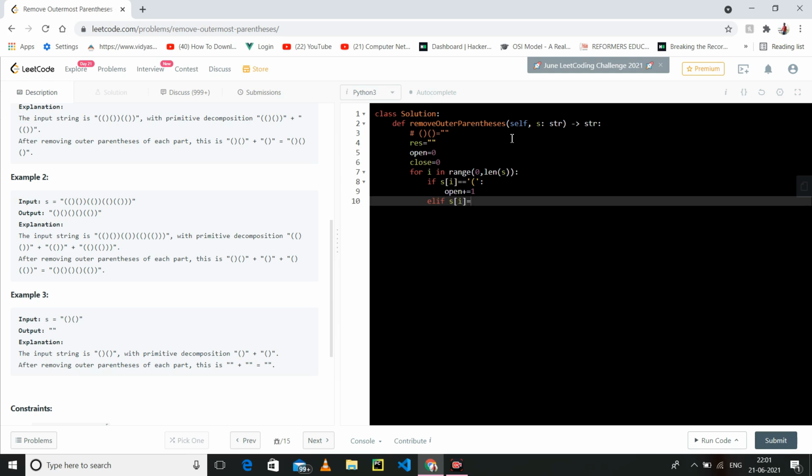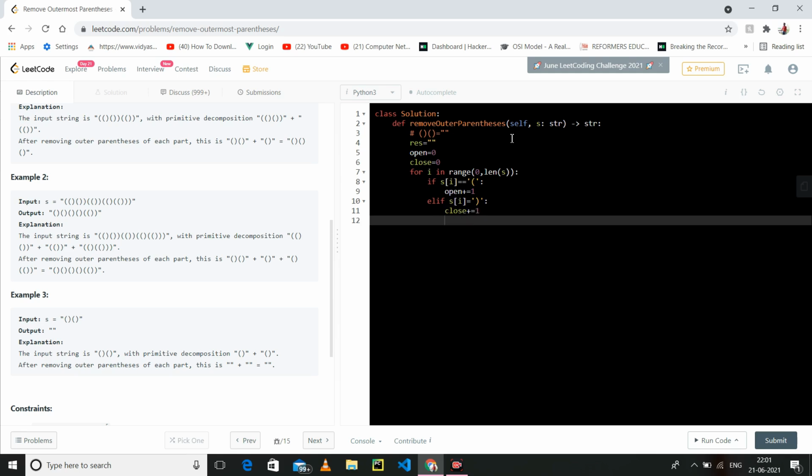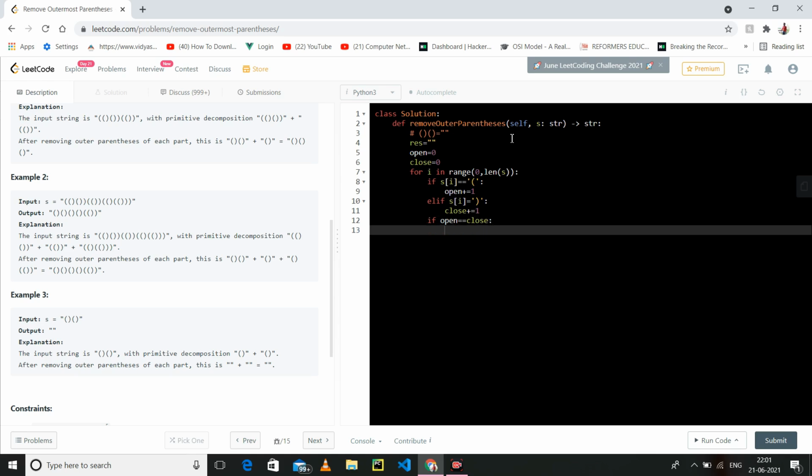If our s of i is a closing bracket, then close plus 1.